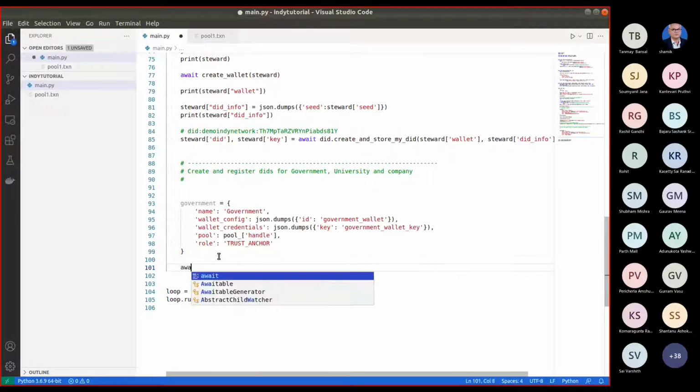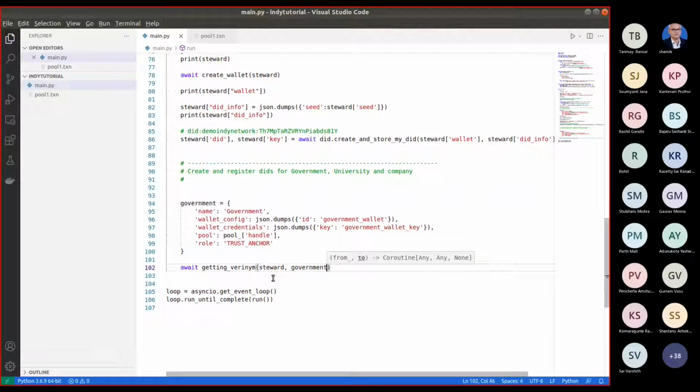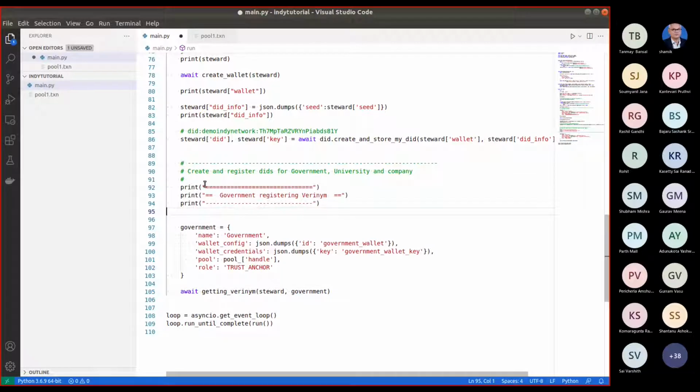So we have to do await and then get the deed. From is steward and to is this one that we are creating, government. Let me also have a nice print statement here so that we know we are at this point.